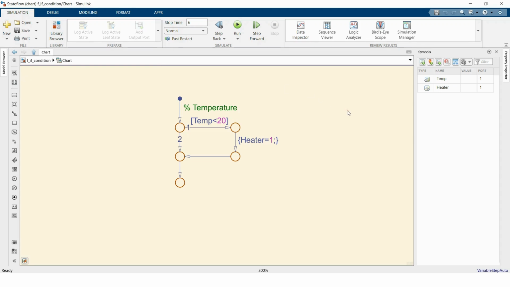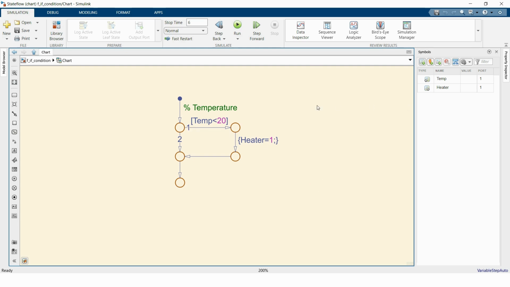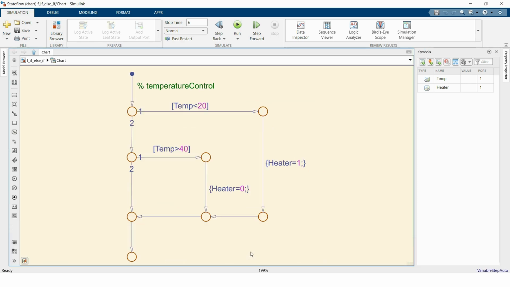Pattern under Stateflow, and if you right click, you will see the option to add pattern in chart. As you can see, if, else if, else, and many other patterns are here. In this video I will show you how to implement, firstly, the if condition, and secondly, the if else condition pattern, and thirdly I will show you how